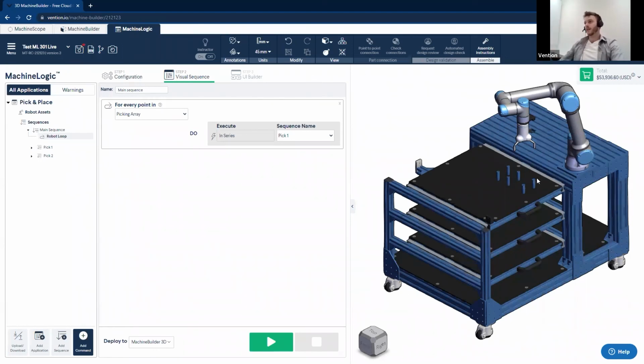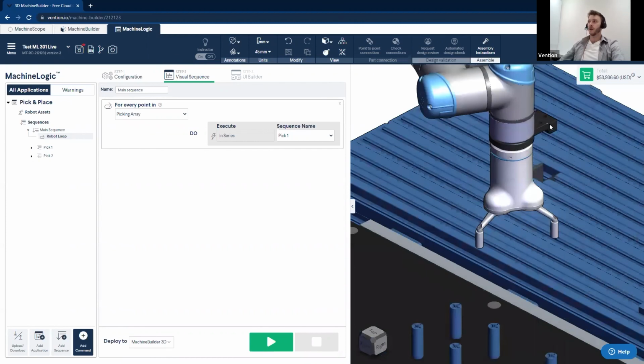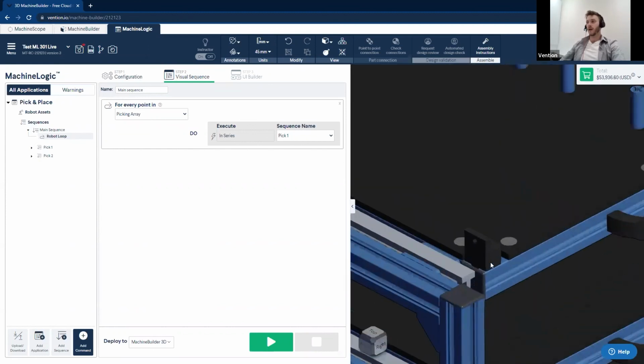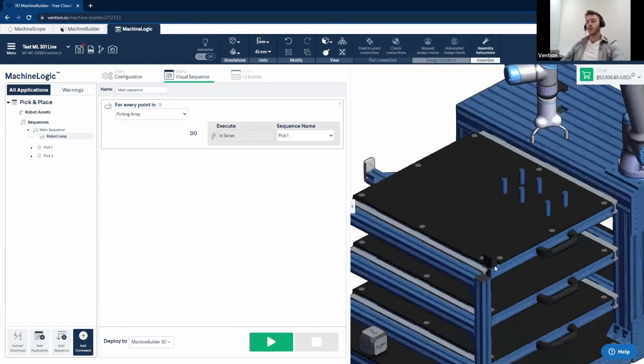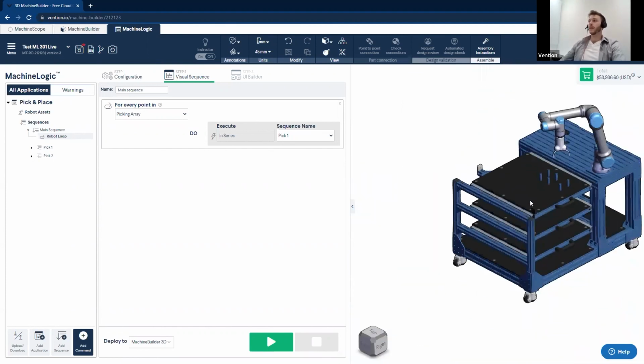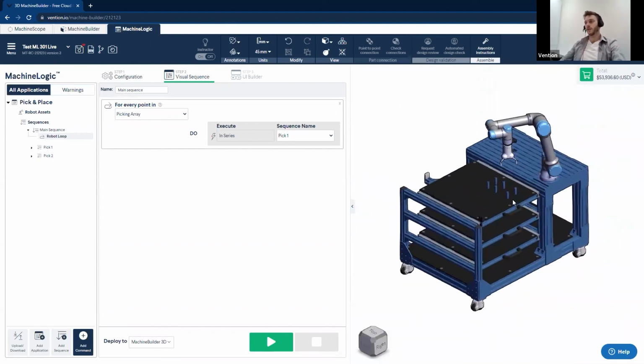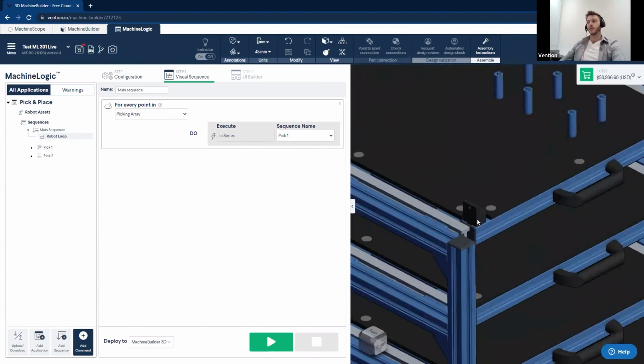The final thing that I'd like to touch on is the ability to deploy this with ease. You'll notice in the design here, I have this extra part, which is the digital calibration tool. You have one at the end of arm of the robot, and then one on the tray itself or close to the picking location that you have. One of the great things is if you are deploying your robot on a Vention structure, if you've assembled it almost exactly, all you have to do is place the calibration tool in the same location that you have in CAD as in real life,